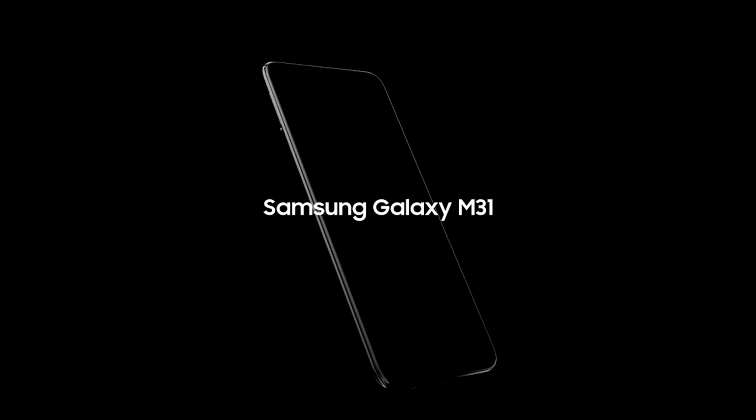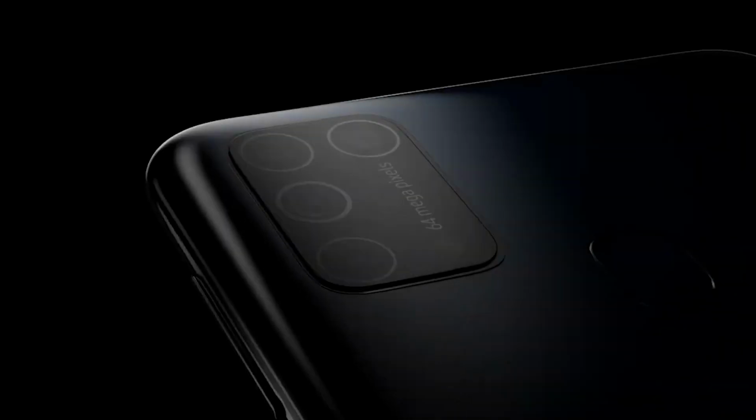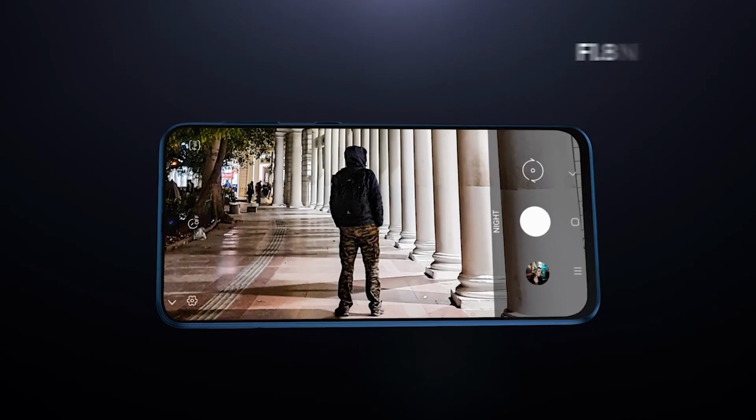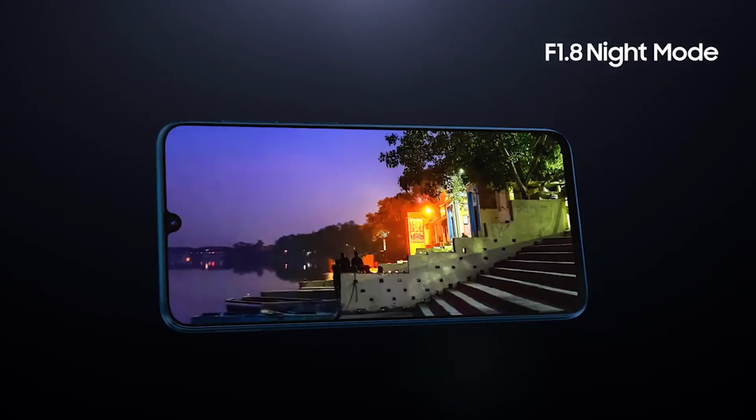So with the same hardware, these phones are coming up. We have the Poco X2 which has the same setup. We have the Realme 6 Pro which has almost the same setup. We have Note 9 and the M30. The camera hardware is the same between these mobile phones, so it really comes down to how the image is